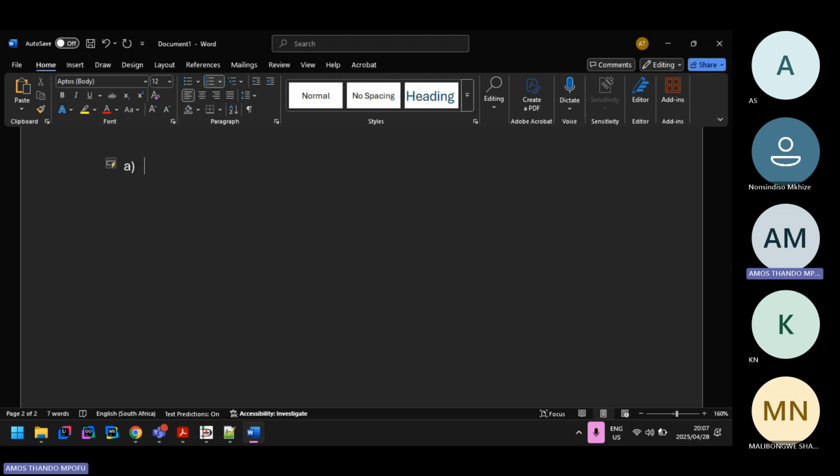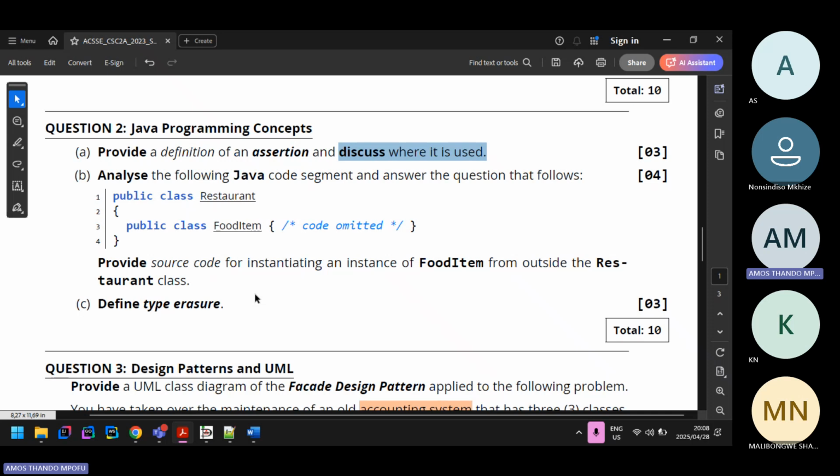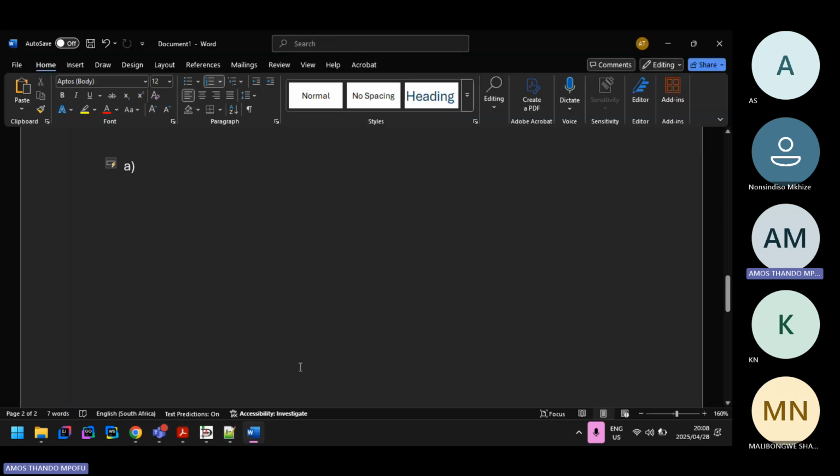So if last year they asked about assertions, maybe they might ask about an exception, like explain what is an exception and discuss where it is used. So let me discuss the assertion, right? An assertion, I need to write proper English here. An assertion